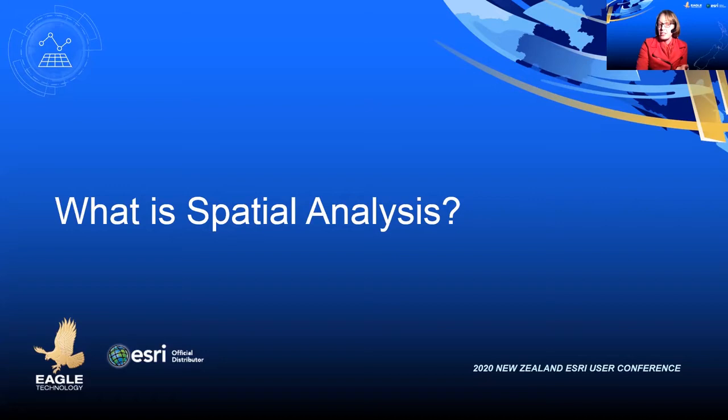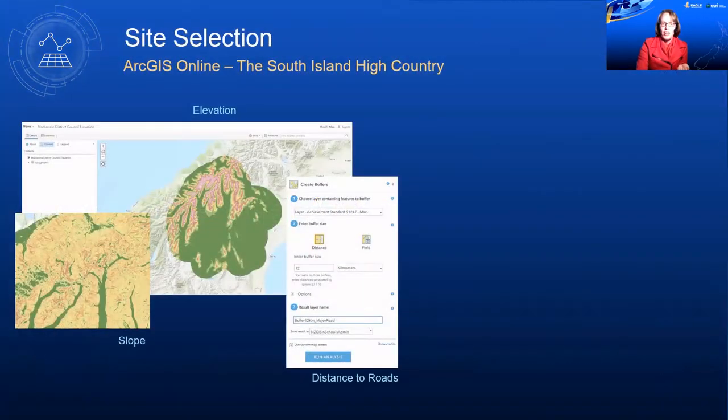With spatial analysis, we could be performing site selection, finding clusters, making predictions, and or quantifying patterns that change over time. So let's have a look at a couple of spatial analysis examples. The first example I want to show you is a site selection example. And this is actually undertaken by school children in ArcGIS Online when they are doing NCEA Level 2 Geography or are in Year 12 at school. They're looking at where to site a suitable ski resort inside of the Mackenzie District Council.